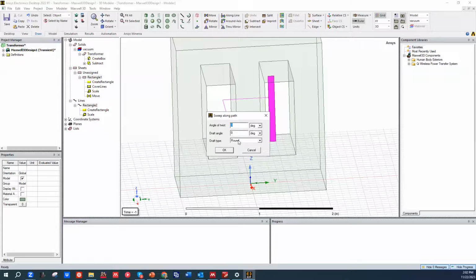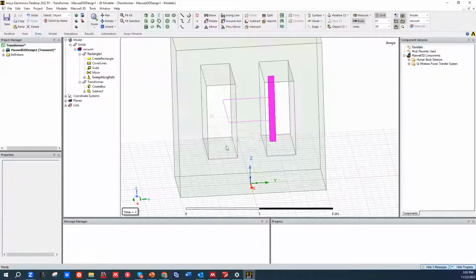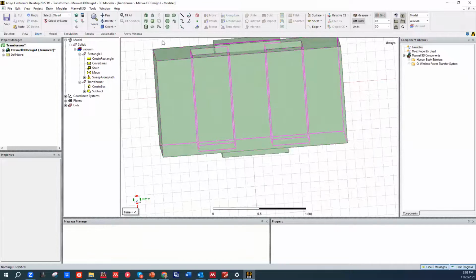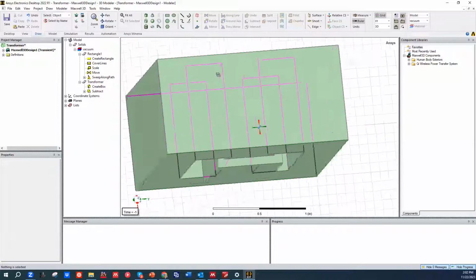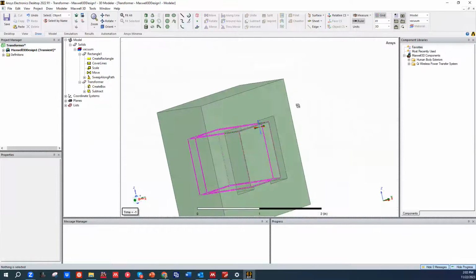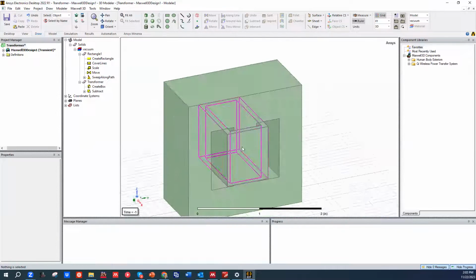Click OK, round 0, 0, click OK. All right, so it sweeps this rectangle along the path and creates this nice